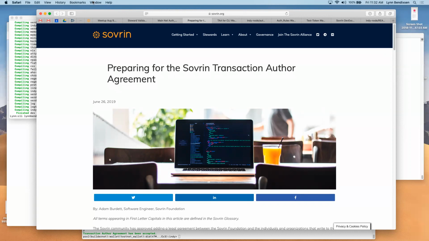This blog post outlines some of the ways you can accept. Among them are a click agreement, so every time you go to write to the ledger, you say, yeah, I agree to this. Or a session, every time you open up your app, you're greeted with this, and you go, yeah, I agree, I understand. All transactions are final. And there's a contract. There's a few scenarios that this blog post goes over. And there's actually details if you scroll down.